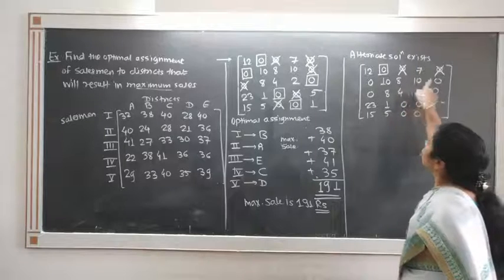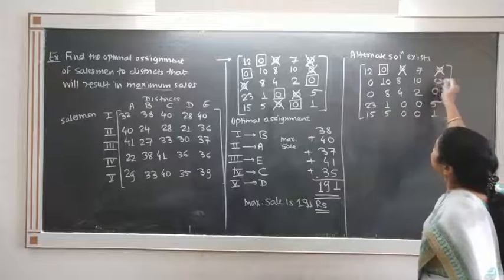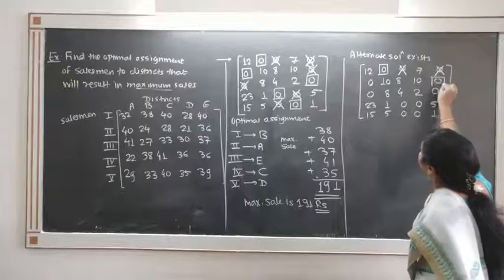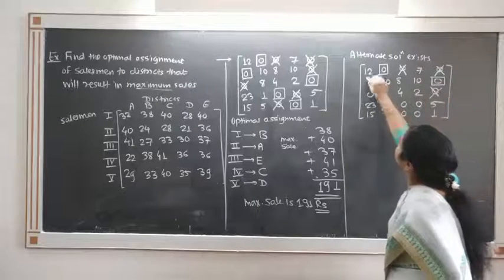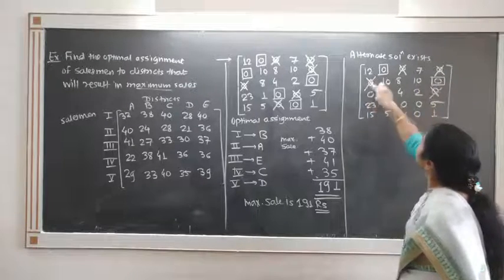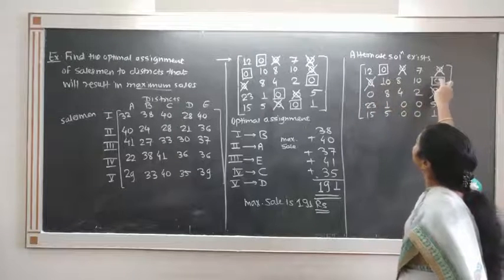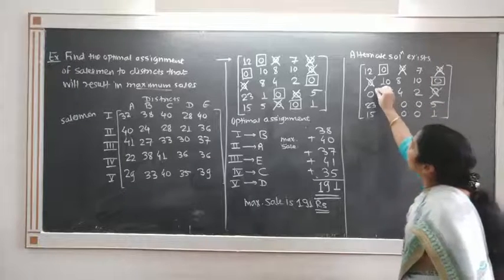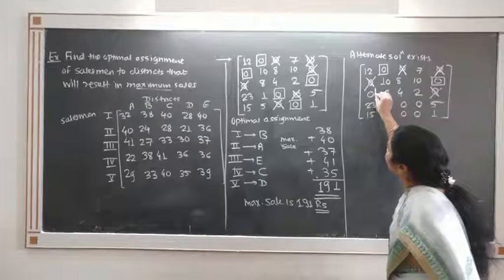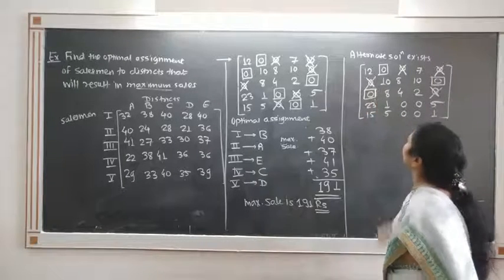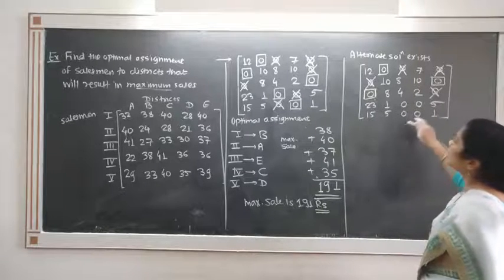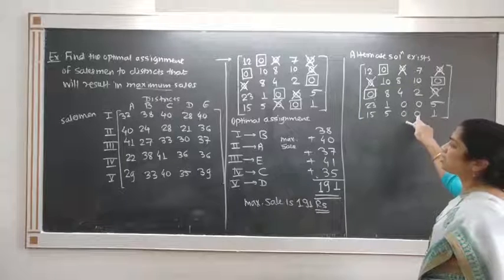See, last time we have crossed out this. Now suppose I consider this one. So box this, which means the remaining gets crossed. So these two get crossed at the same time because of this. Now search for single 0. Single 0 appears in this first column. So box this, and now there is no single 0. So again alternate is possible.